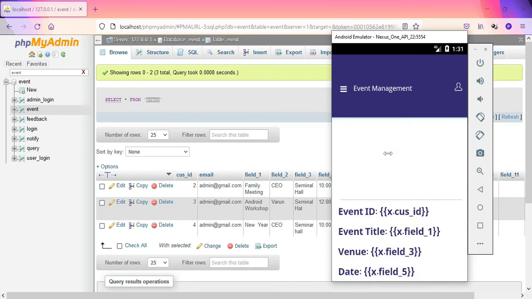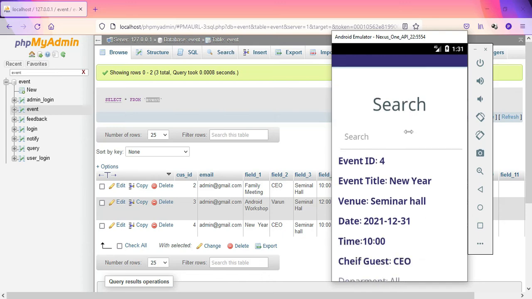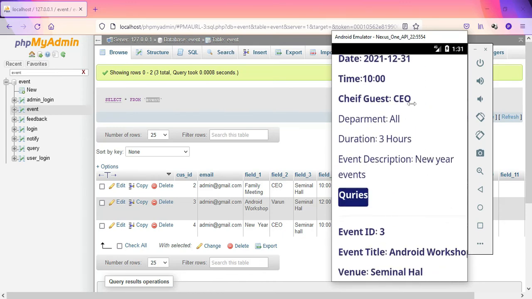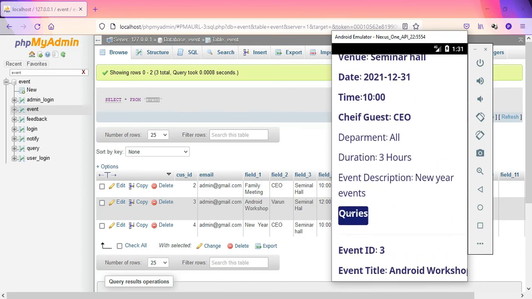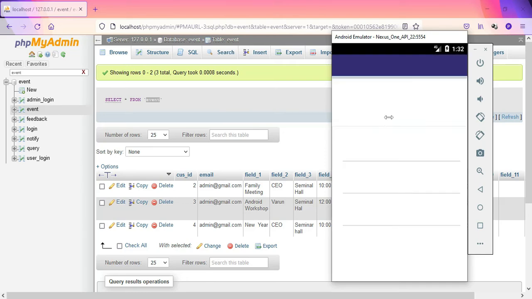And they can view the event details over here. In the events, they can view what events are there for them. And if they want to ask a query, they can write the query here.